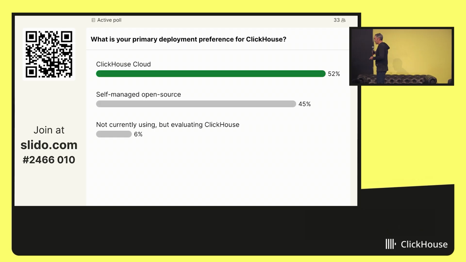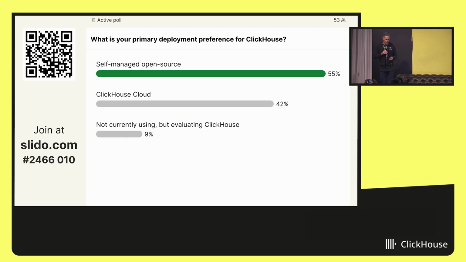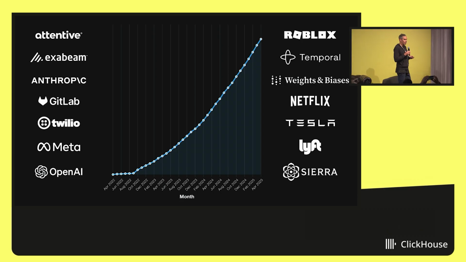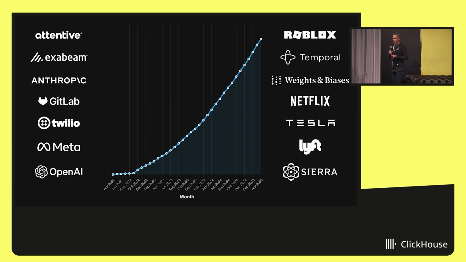Okay, so over half of the audience is using the managed service. That's great. So what does this look like since we launched the service? And this is just a representative sampling of some of our more prominent early adopters who have really tested us in terms of designing the feature set. And it's gone up and to the right very quickly, which has been a great test for our company in terms of how do we onboard and how do we support such a diverse customer base around the world. And so we're grateful for those of you who have bet on us early and helped us get to where we are.